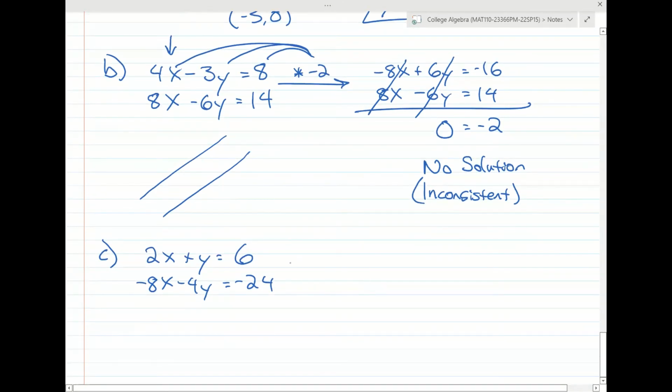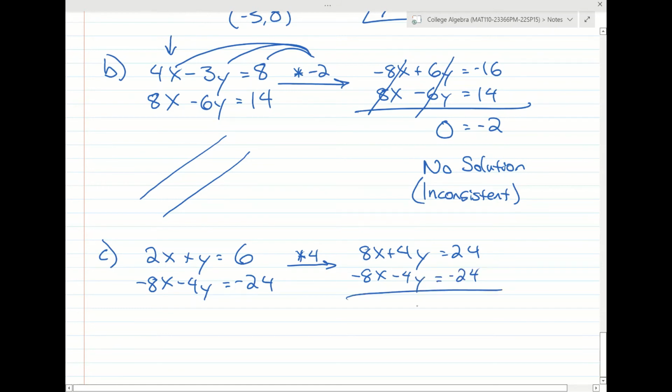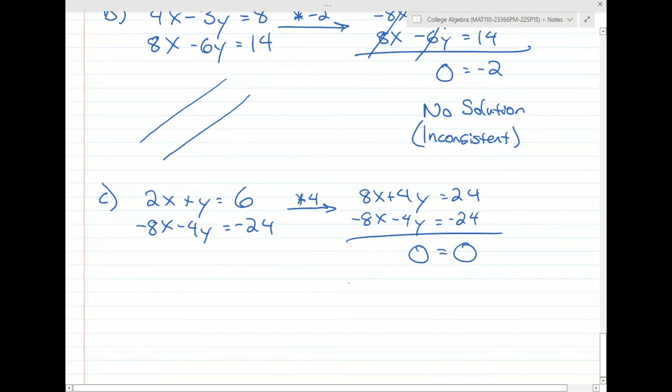So if we multiply the top to get rid of y by 4, we get 8x plus 4y is equal to 24. And -8x minus 4y is equal to -24. So it looks like they're exactly the same line. If they're the same line, we call that system